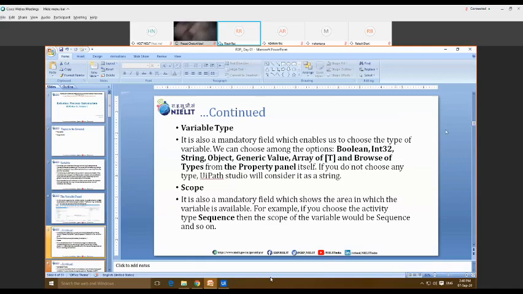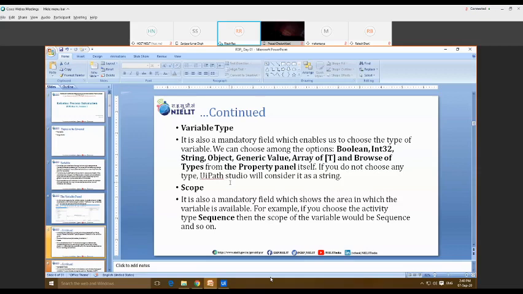Like we have boolean, integer type, then string type, object, generic value, array, and we can also browse from the list of variable types apart from this, and we can select any variable type depending upon our requirement. So this is about variable type. We'll again discuss this variable type one by one.